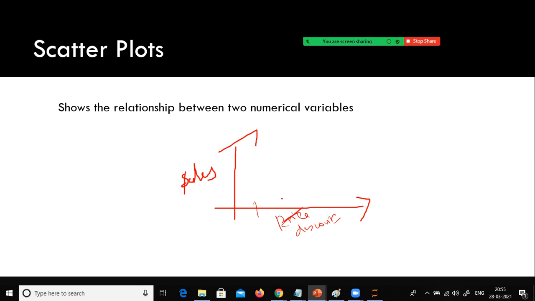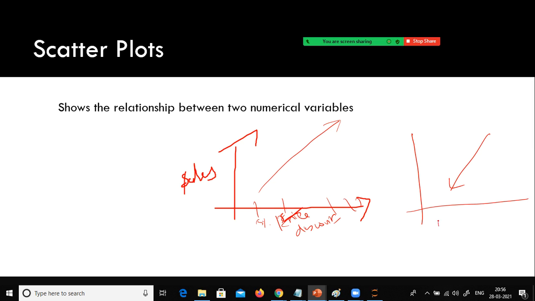As the discount increases, 5% initially and then 8%, the sales also increase. We could see an upward trend. Not necessarily can you always see an upward trend. In a real-time scenario, you might see some kind of downward trend also.